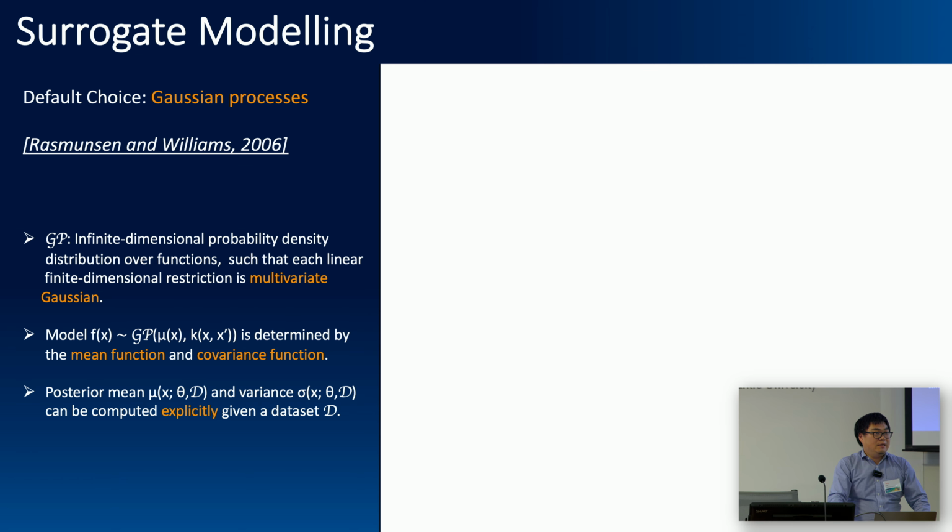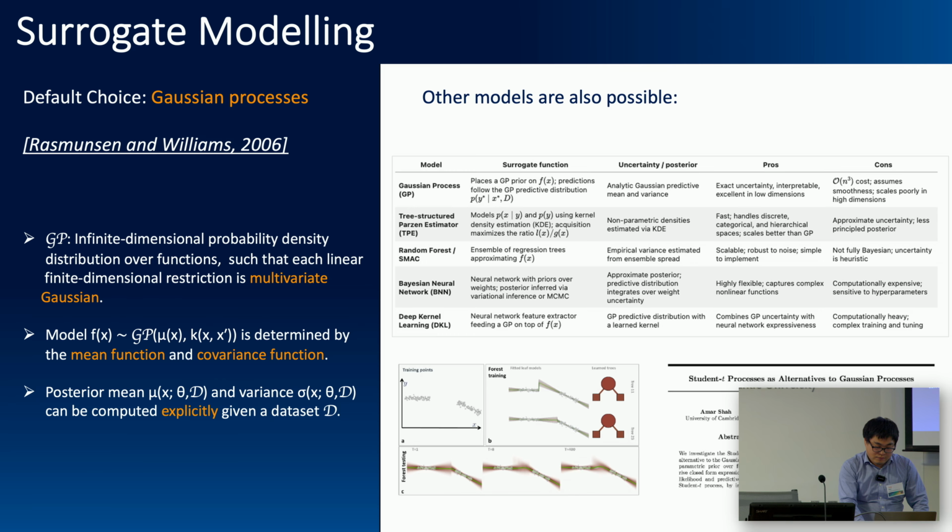And the default choice in most situations is a Gaussian process. So for the Gaussian process, as long as you have several samples, you can just build a model determined by the mean and the covariance function. So there's not only one Gaussian process as an option. Sometimes people also use tree-based methods, some random forest, also the BNN, Bayesian neural network, also some deep learning techniques. So there are different ways to build a surrogate model, but you try to build a surrogate model first to